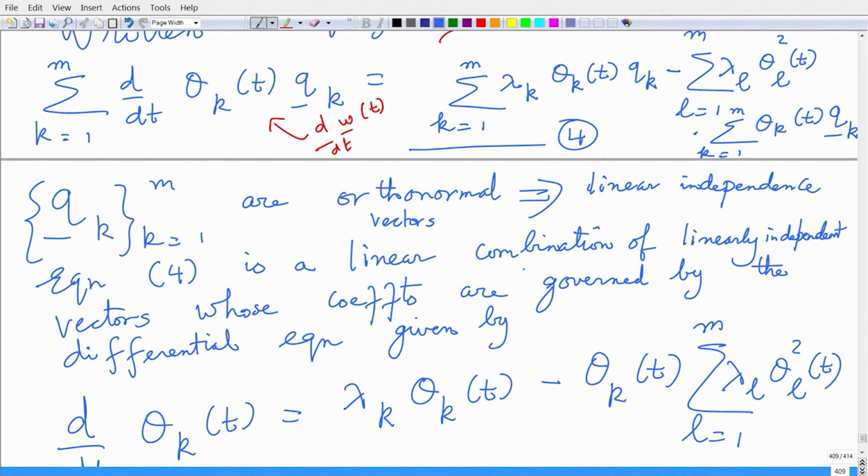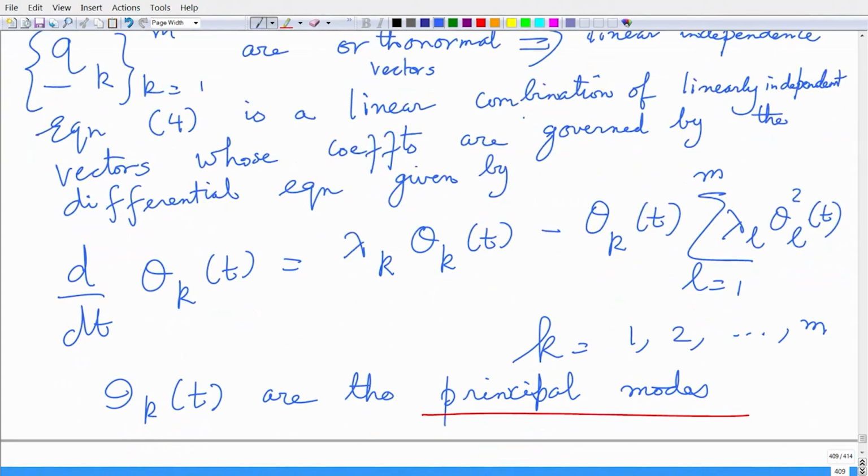Now if I just transpose whatever I have on the right hand side of equation 4 into the left hand side, I get summation of k equals 1 to m of these vectors qk scaled by some coefficients, which is basically equal to a null vector. Now because of this linear independence, all these scalars that are before this vector qk have to be individually equal to 0, right, and therefore I land up with this